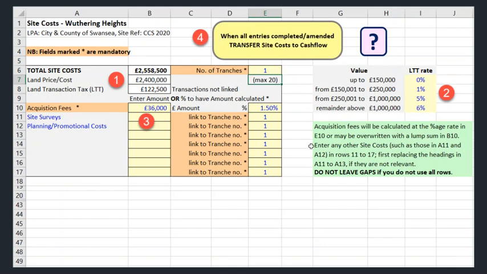When I open the Worksheet tab marked Land, the screen initially looks like this. Firstly, the DVM has taken the site value I specified on the project sheet into cell B7 of the land sheet, and using the table of land transaction tax rates to the right of the page, has added the tax